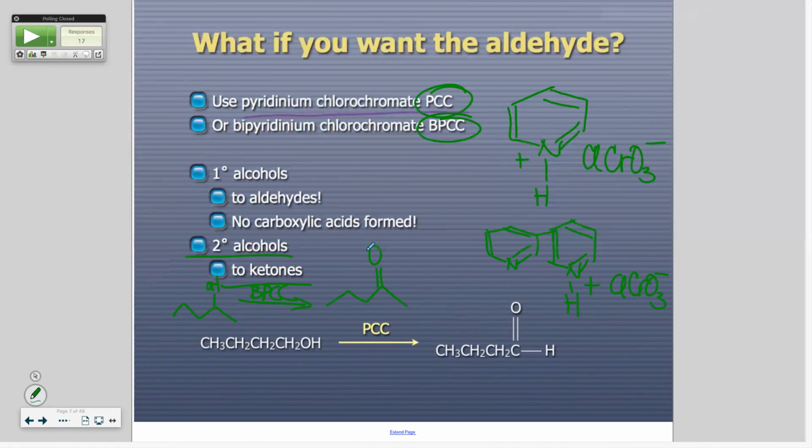Okay. Have you ever filtered some and had your filter paper clog up? You haven't had that happen yet? Okay, it may happen yet. But sometimes you filter stuff and the filter paper clogs up. You can put that diatomaceous earth in there. But if you want the solid, that's an issue. You'd have to get it away from the solid later. But if you want the filtrate that's coming out, it works really great. There are also special filters that you can use if you run into that problem. Okay, so here's our PCC, and we get an aldehyde.